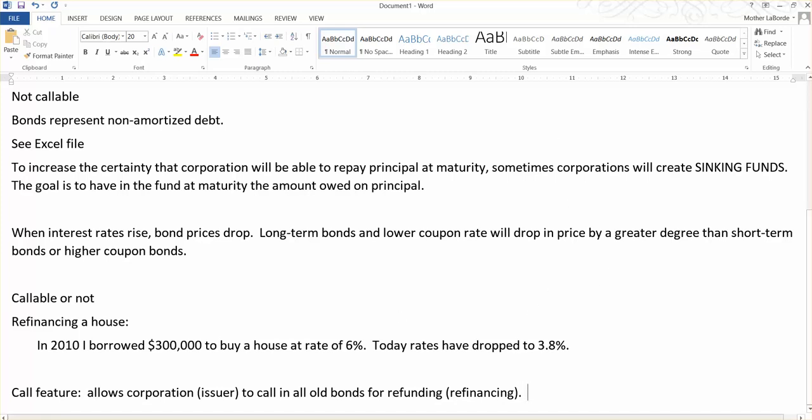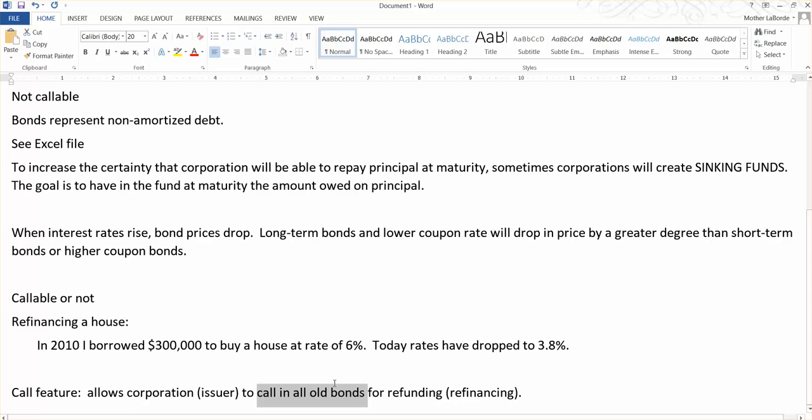From the corporation's standpoint, this call feature is a good thing. They are able to retire these old bonds. They would issue new bonds at a lower rate, use all the cash that they generated from issuing those new bonds to pay off all these old bonds. And the old bond holders are required to turn them in. They don't have to turn them in for nothing. They get paid typically principal plus a premium for having them being called in,